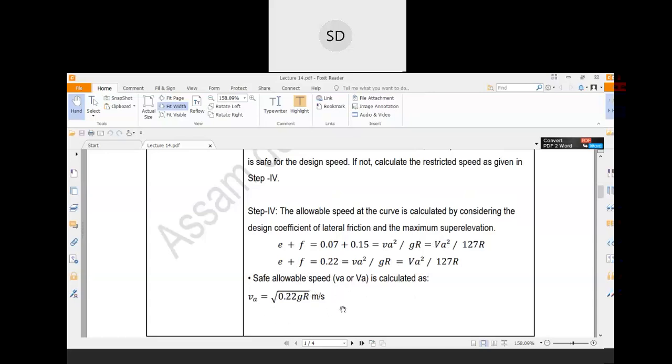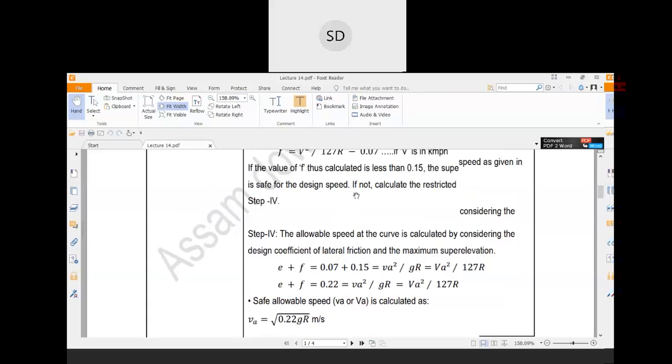Now, if these values do not come under that 0.15 value, in such cases you have to provide speed restriction marks in the horizontal curve. Sometimes you often see that on a horizontal curve, in some signpost, it is written that the maximum speed limit of that area is such kilometers. So basically that type of calculation comes from the super elevation design.